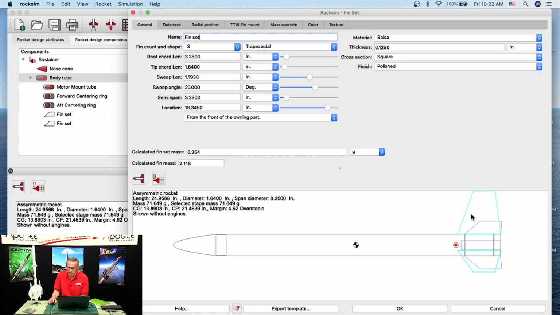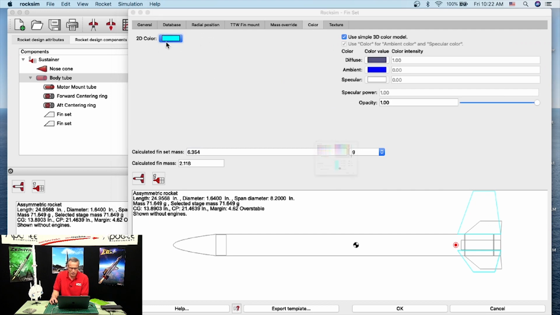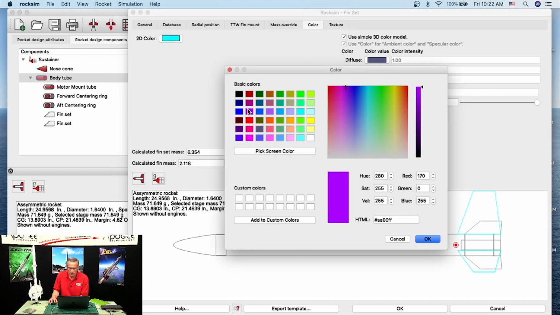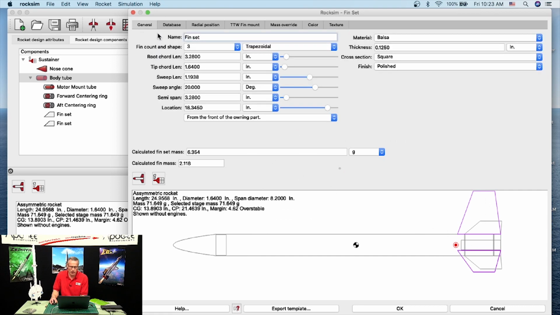Again, what it's doing is it puts a generic fin right here. Let me change the color. Let's make it a darker color. Make it a nice purple. And if I look over here, I got 3 fins, and this time let's change it back to 2 fins. Again, my rocket is still unstable, and it's going to be unstable until we change the position of